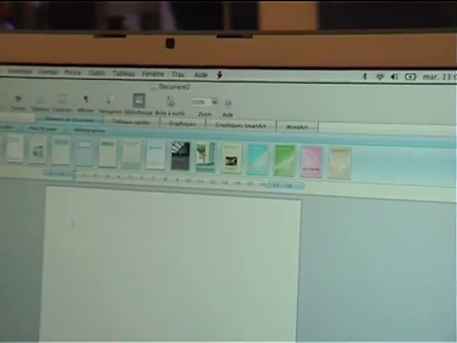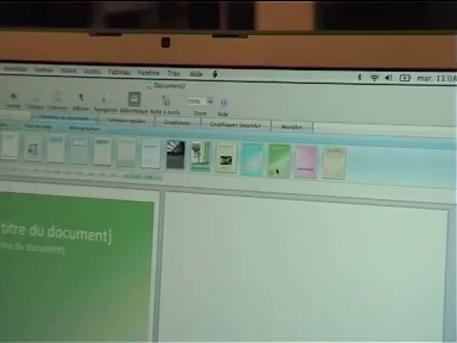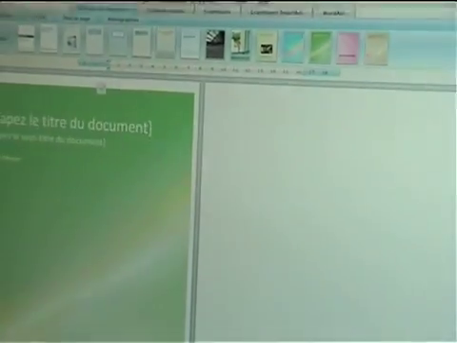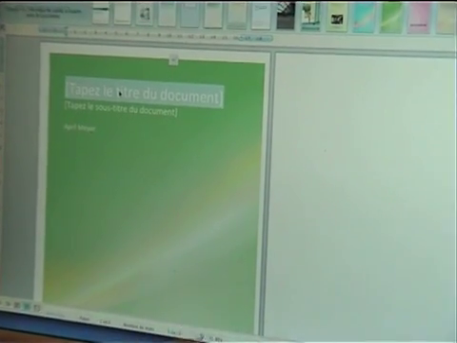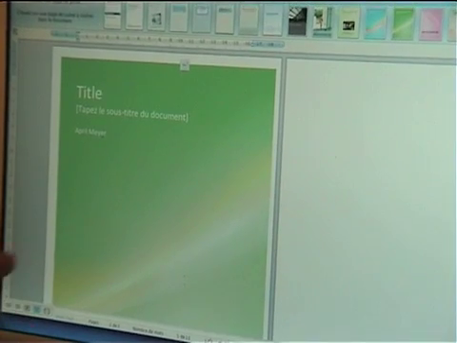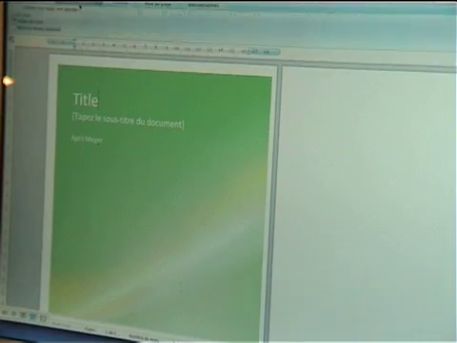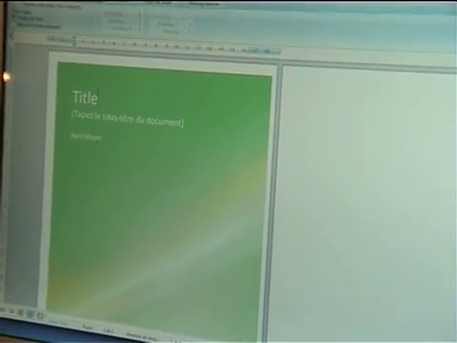You just select whichever you want, double click, and you have a cover page, so you can then type your title, etc. You can also quickly add a table